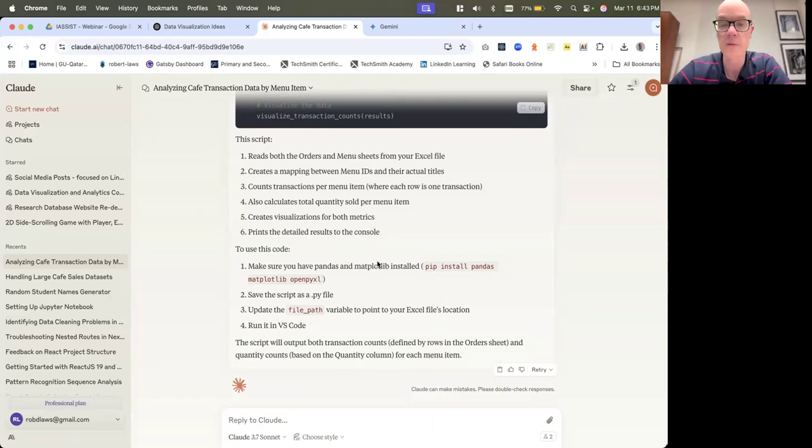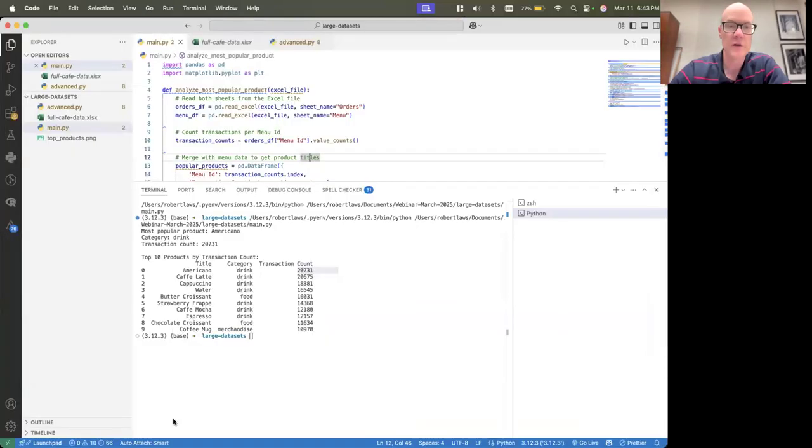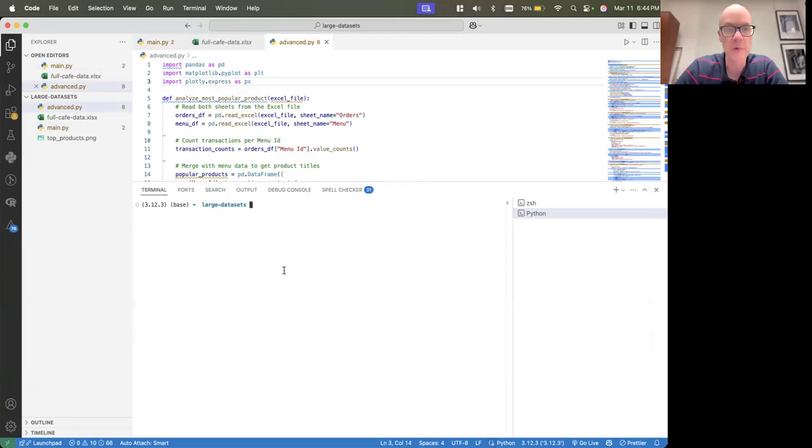Now, I'll show you one other thing quickly. I did an advanced version of the Python code here, and this one is using Plotly to do visualizations as well. So I'm going to clear this, and then I'm going to run this. Again, this is code generated from AI, from Claude.